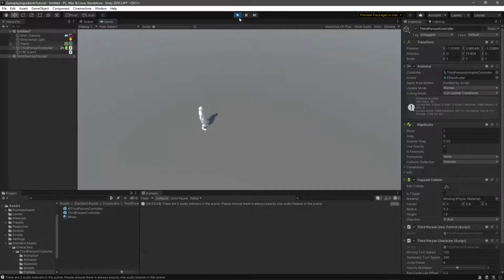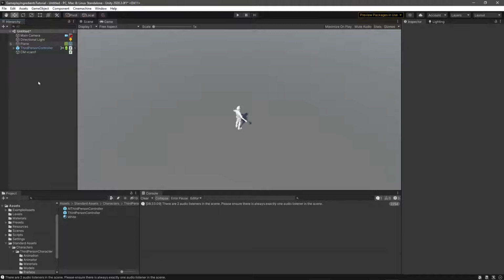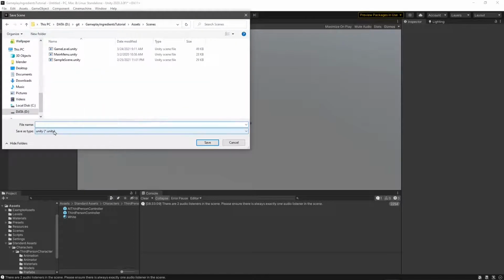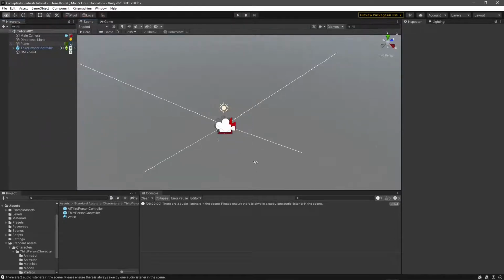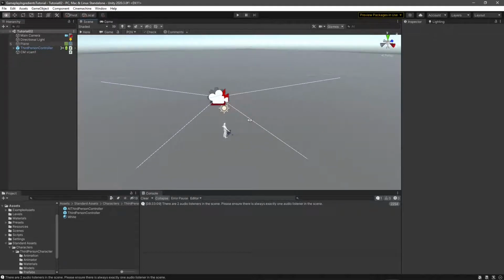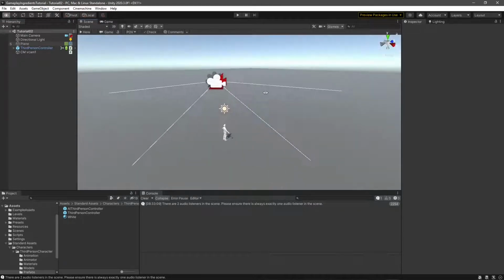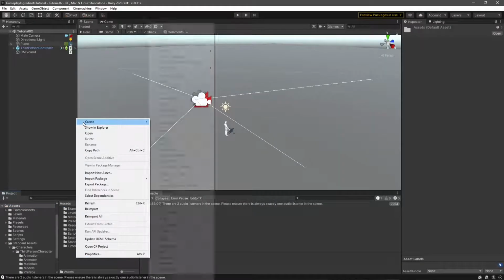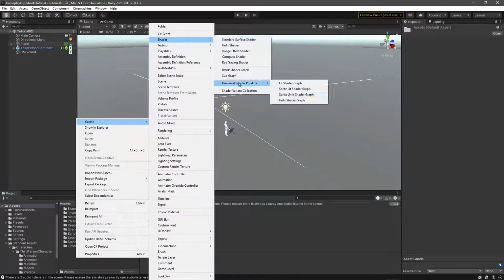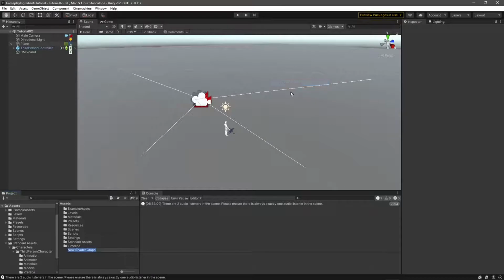Okay. So here I'm in an untitled scene, so I will create a new tutorial 02 scene. Something that feels a bit weird as well is we do not have any kind of checkerboard material here. So what I will do is just create some kind of checkerboard for the ground. So here I will create a shader graph, universal lit shader graph,